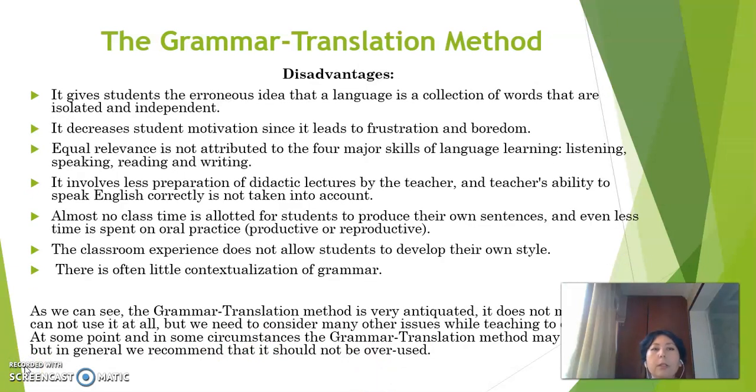Also, there are some disadvantages of the grammar translation method. They are: it gives students an erroneous idea that a language is a collection of words that are isolated and independent. It decreases student motivation since it leads to frustration and boredom. Equal relevance is not attributed to the four major skills of language learning: listening, speaking, reading, and writing. It involves less preparation of didactic lectures by the teacher, and the teacher's ability to speak English correctly is not